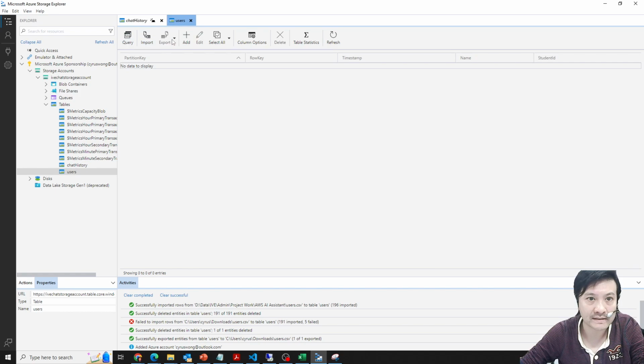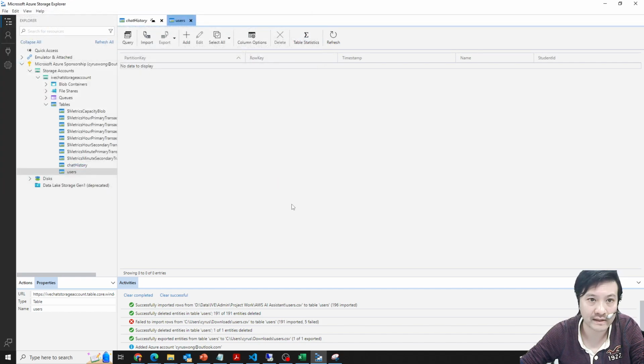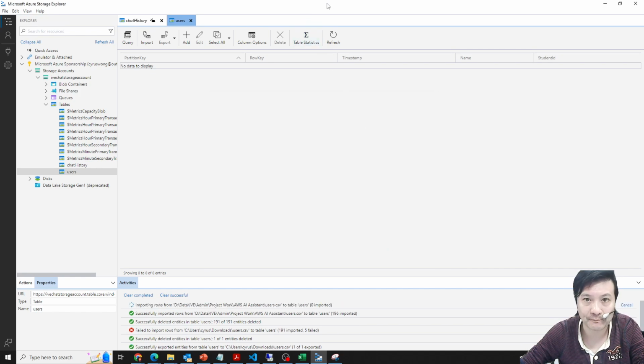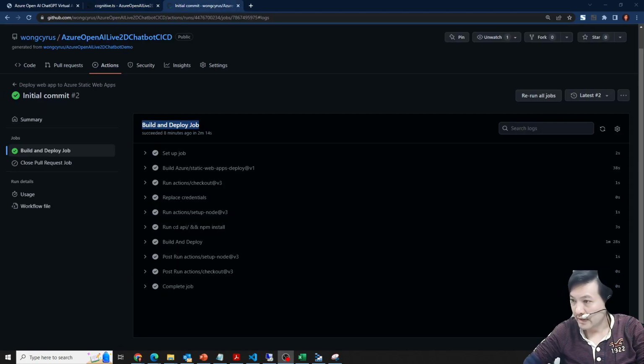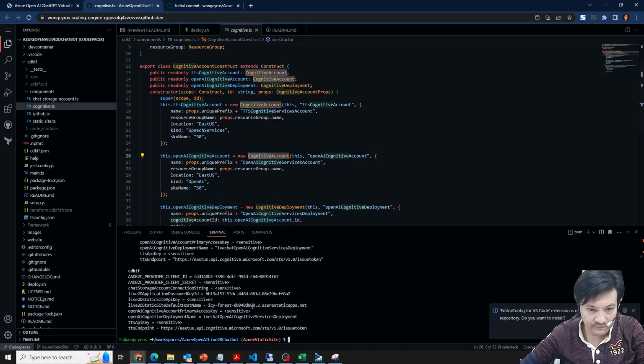But in my case, I need to enable all of my students, and I prepared a CSV already, and I just come here to import them as a batch, and the first one will show up. Just wait for a moment. Okay, the student information has been imported into the user table, and now I can try the application from the domain of